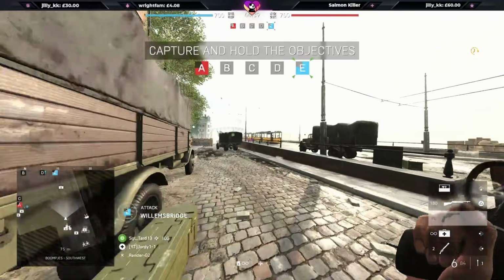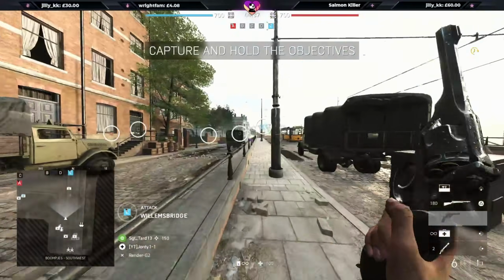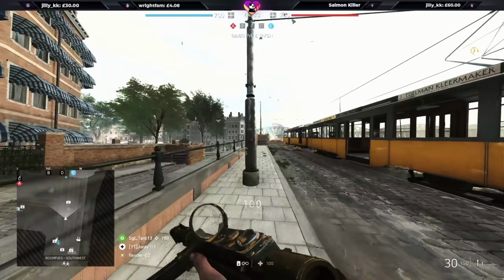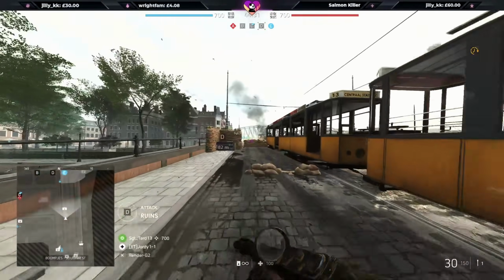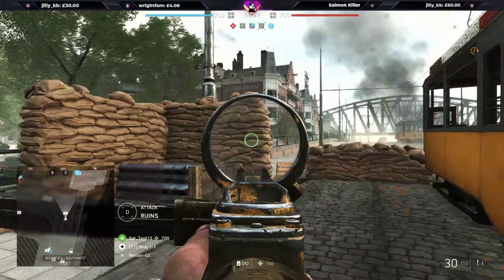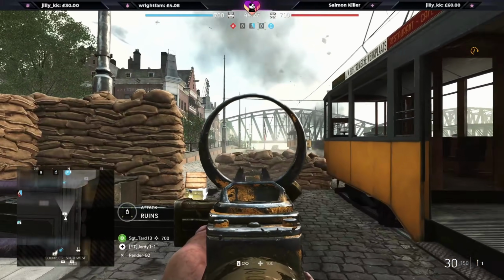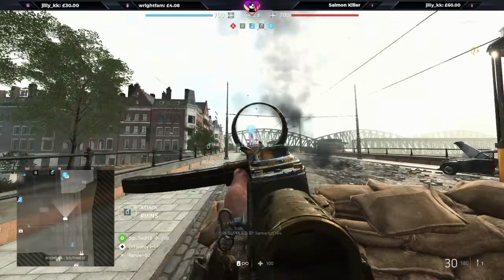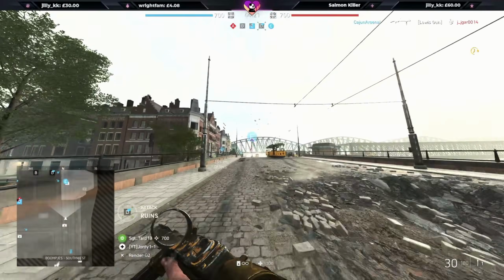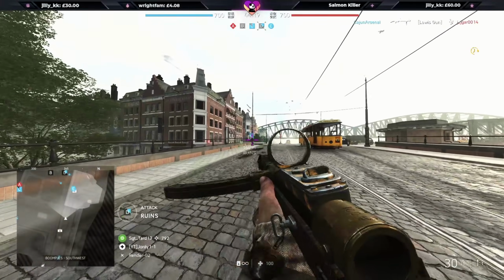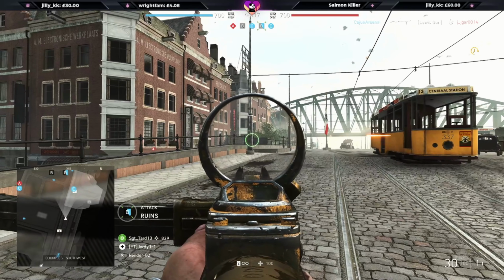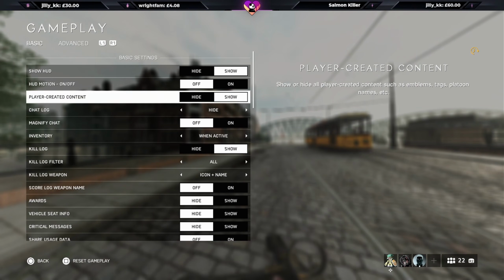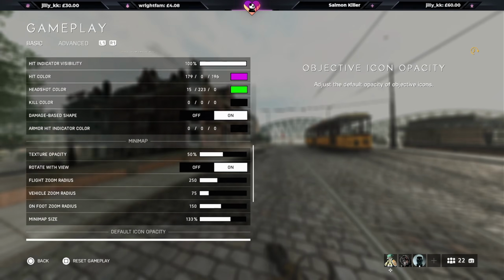So here we are in a game of Rotterdam. Obviously, as you can see, the objectives E, D, B, C, A are scattered around the map, and when I ADS with the current settings I have, the flags disappear, so you can't actually see many icons on my screen. So if you were aiming at someone, let's say behind this pole, the flag disappears and I can see that. So what you want to do is go to gameplay, basic, and you need to scroll down